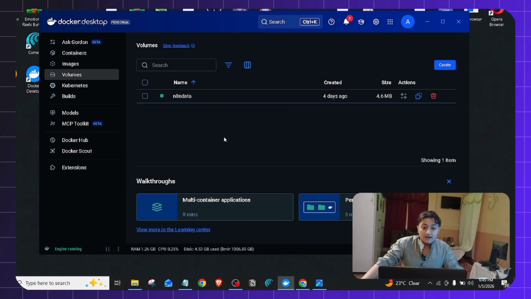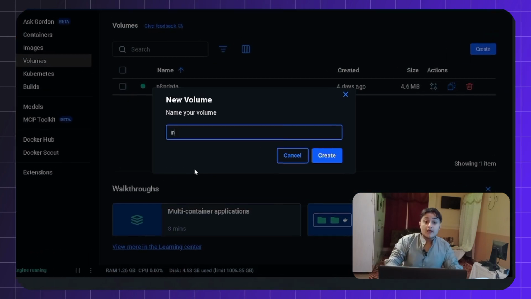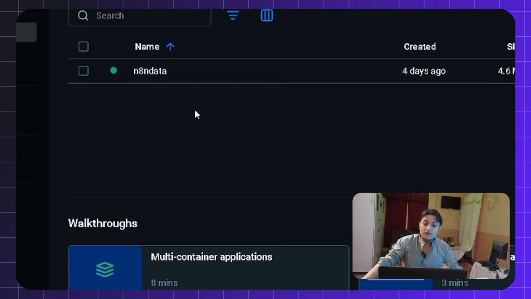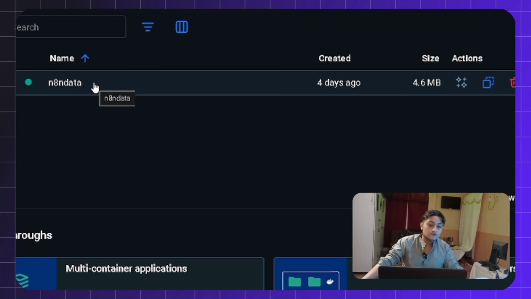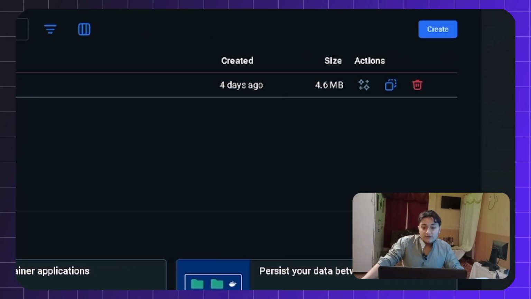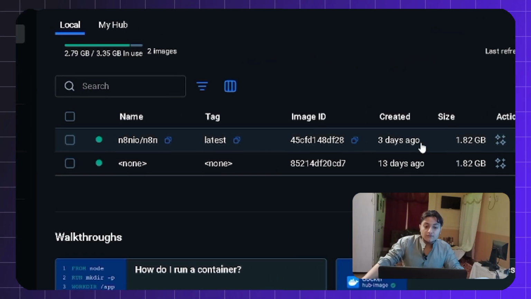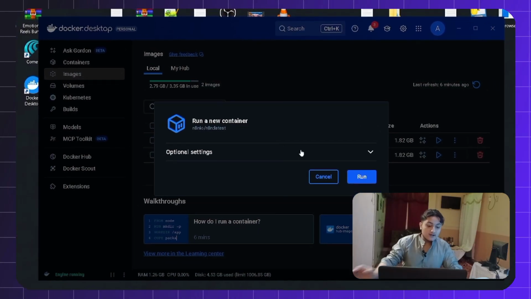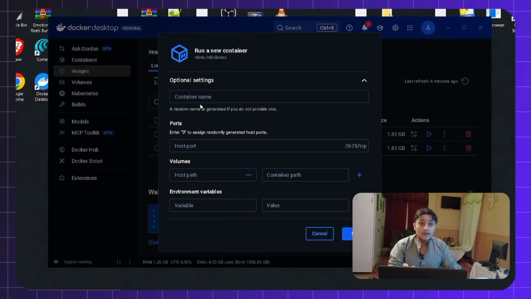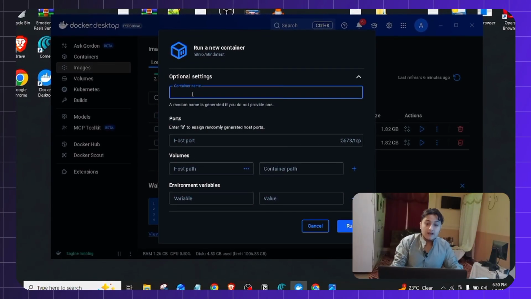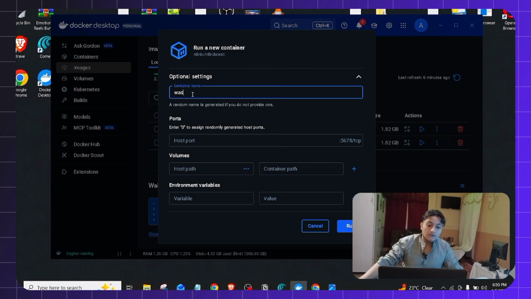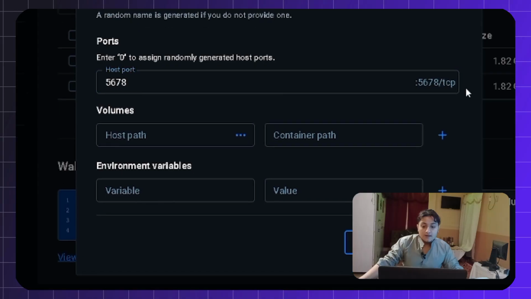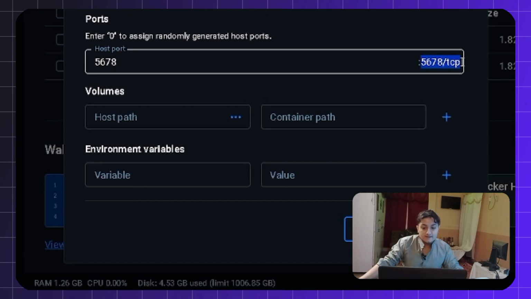And after that, create and write n8n data. Whenever you write n8n data, I have already created just these things. You press enter, and this will automatically get ready. And after that, whenever you come on this side, you also write n8n, and you open this one, and there's a container name. Make sure you write your own name. I am also writing my own name. And in port 5678, there is a number. This is also already in this section. They are already